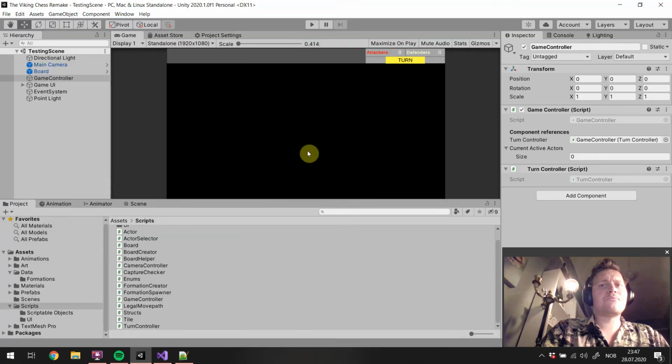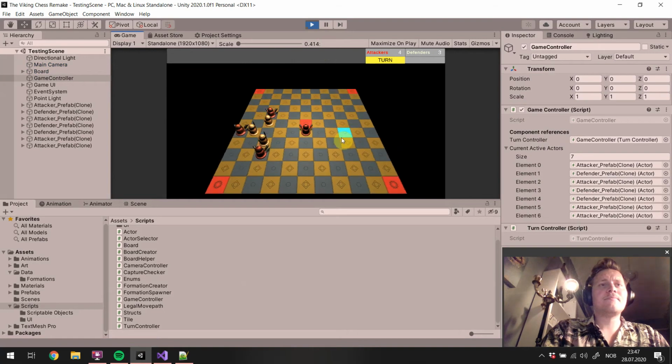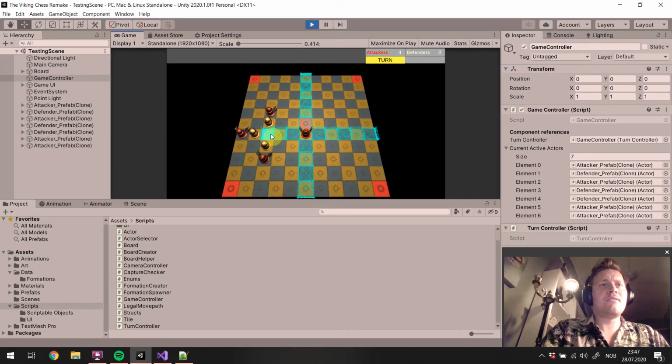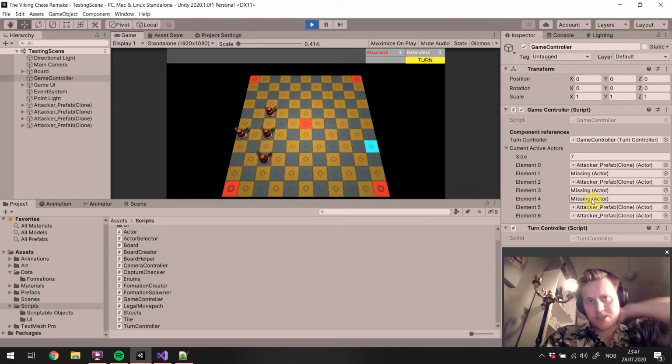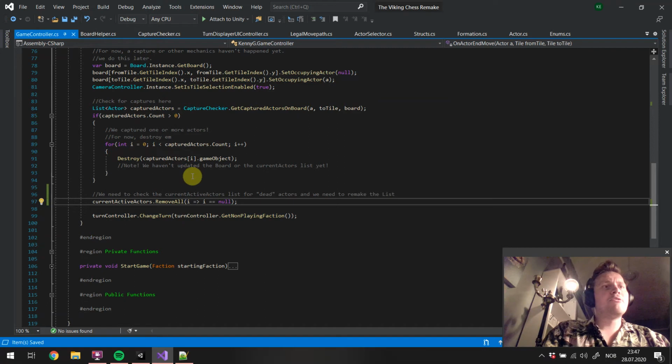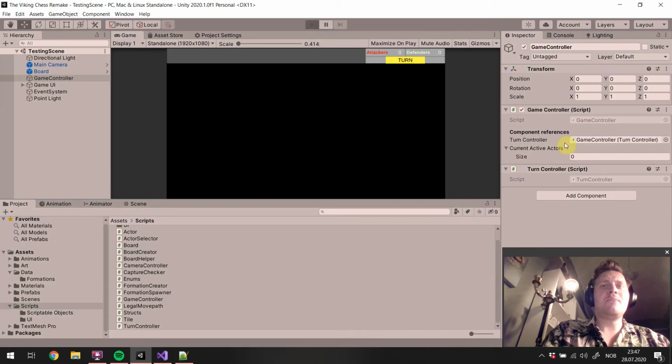Go back into Unity, we have our current active actors list. Gonna attack and see if these guys get removed. They do not. Interesting. Okay, so let's have a little think here. I'm gonna go back into Visual Studio, and the issue is that they are becoming null,